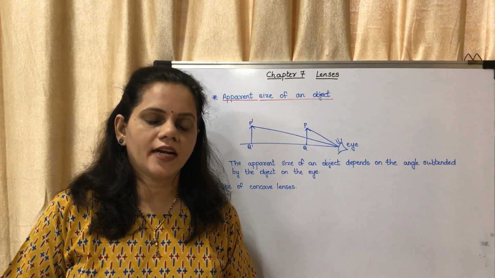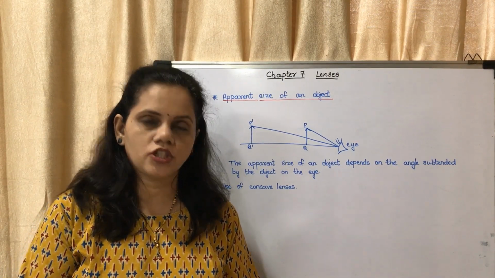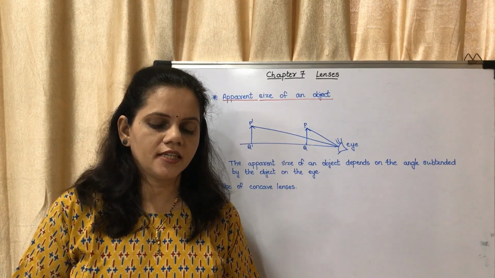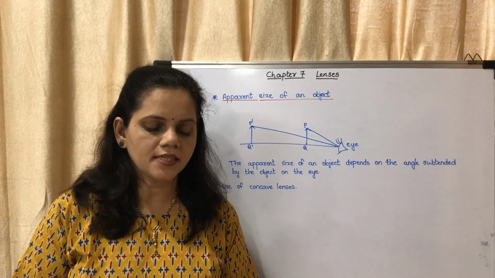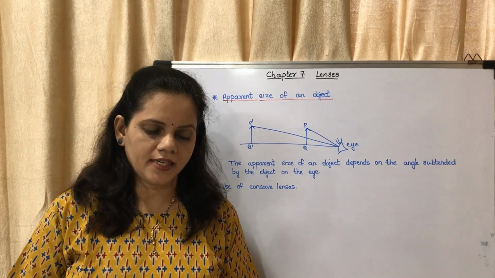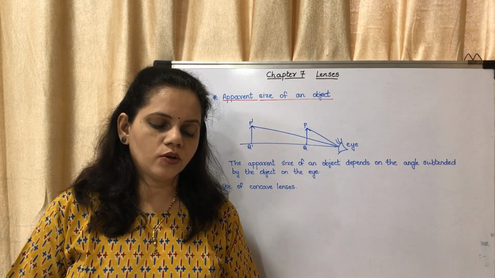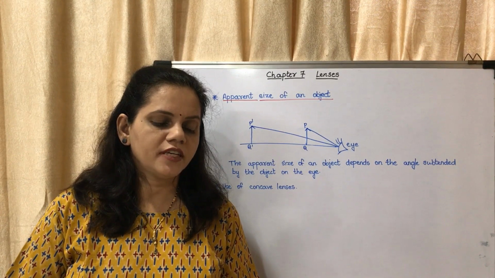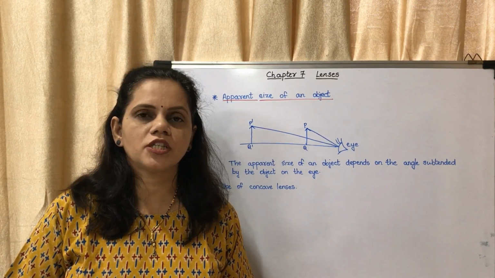Before starting with that topic, there is a try this question on page number 89. Make a list of students in your class using spectacles. Record the power of their lenses. Find out and note which type of defect of vision they suffer from. Which defect is most common among the students?